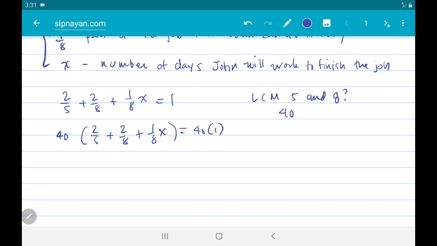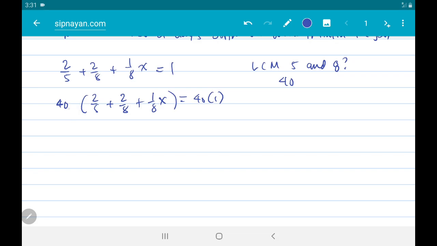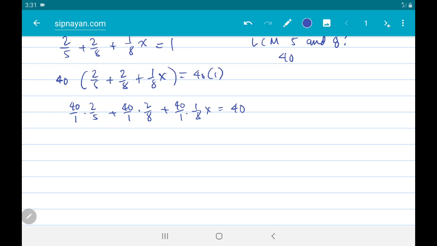So nag-multiply tayo both sides. 40 times 2/5, 40 over 1 times 2/5 plus 40 over 1 times 2/8 plus 40 over 1 times 1/8 x equals 40. So, kaya may over 1 kasi sabi natin pag nag-multiply tayo ng fraction sa whole number, yung whole number pwede natin lagyan ng over 1 para meron siyang denominator din. Kasi ang rule is you multiply the numerator and then you multiply the denominator pag nag-multiply tayo ng fraction. So, this is 80 over 5, plus